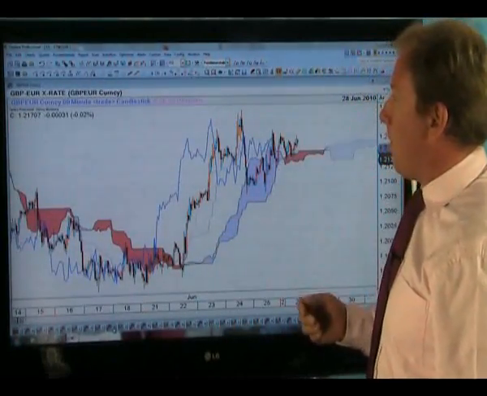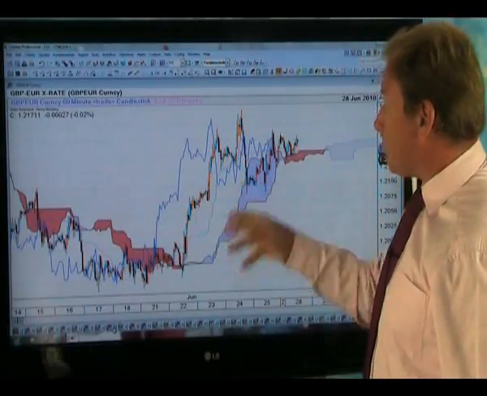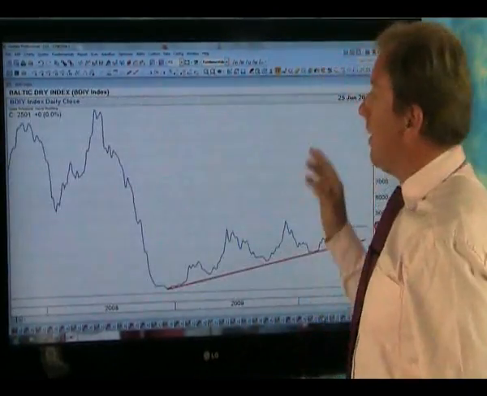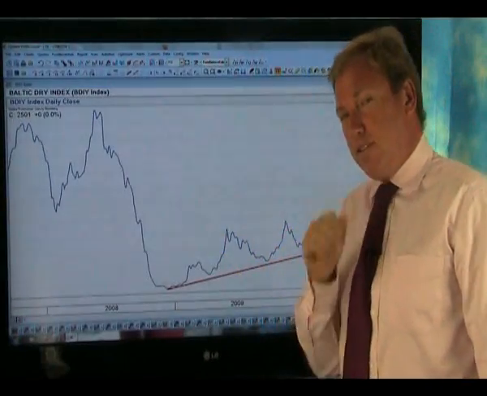So we really are expecting sterling to continue to outperform. And here we see it versus the euro, and again we're bullish, so we see sterling outperforming the euro. And then really what's quite interesting, and one of you asked me to look at the Baltic Dry Freight Index,